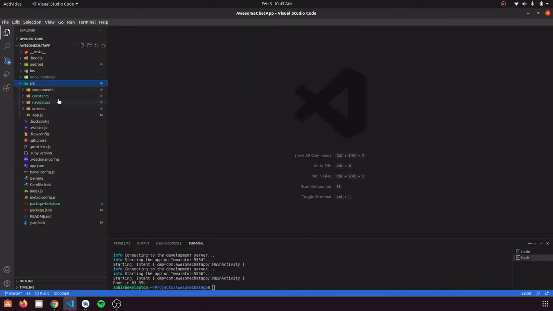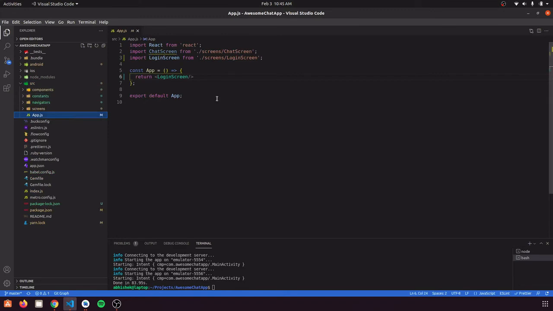And now instead of returning a login screen from app.js, we are going to export this root navigator from app.js. So for using a navigator, we need a navigation container which handles all the navigation inside our application.